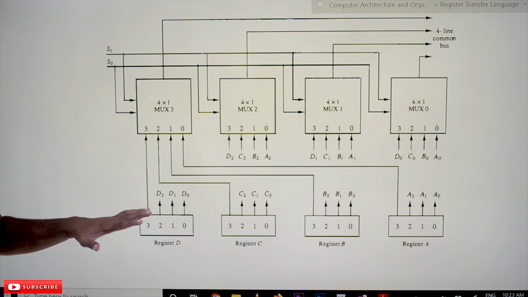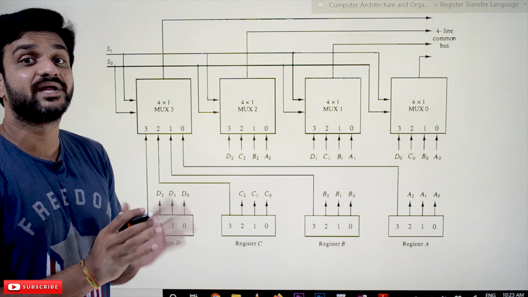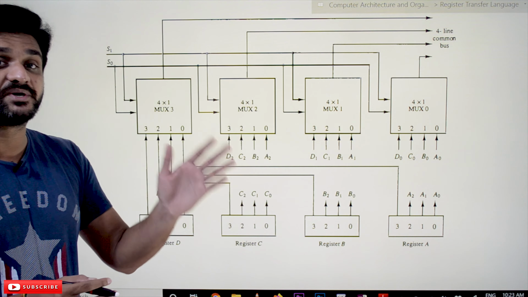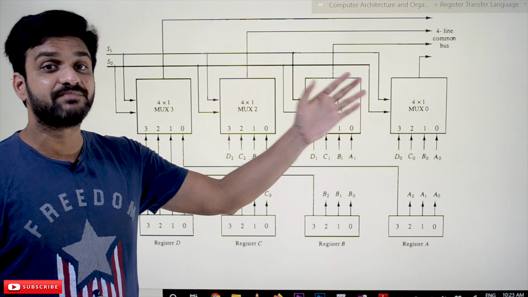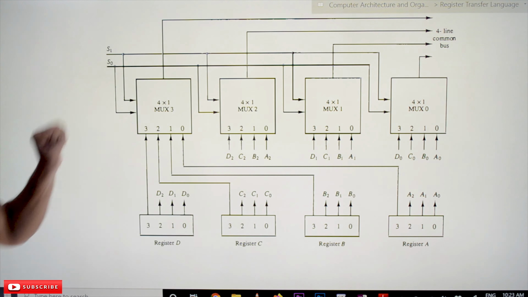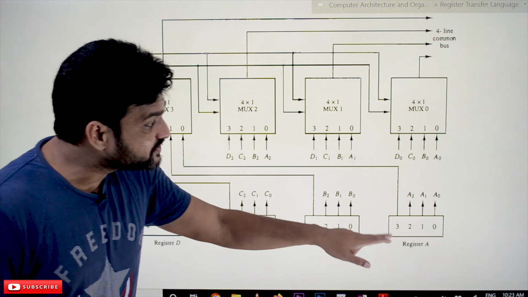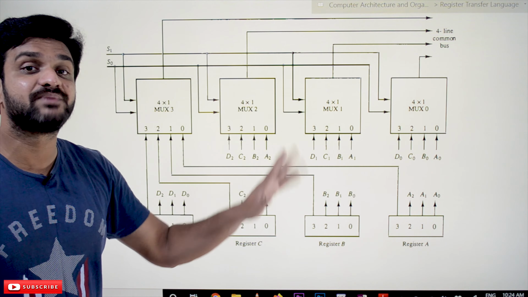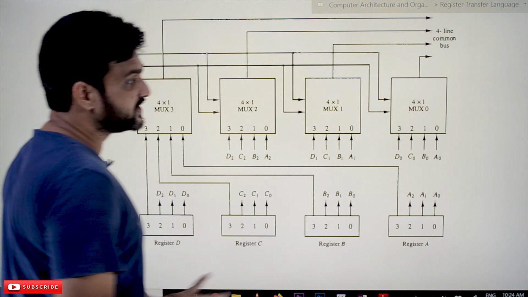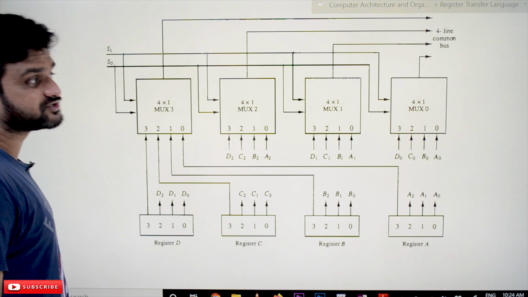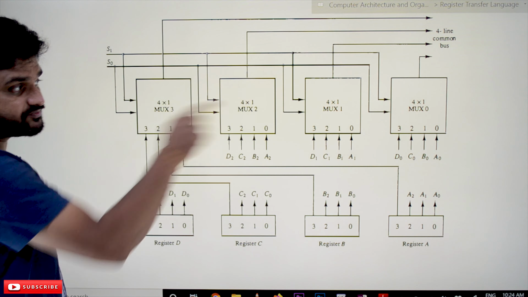Now what we are going to do is use multiplexers. In order to create a common bus, one of the ways is by using multiplexers. How these multiplexers are connected, and how the interconnections between the registers and the multiplexers are made, is very important to understand. What kind of multiplexers are these?